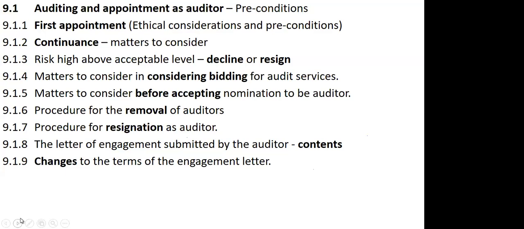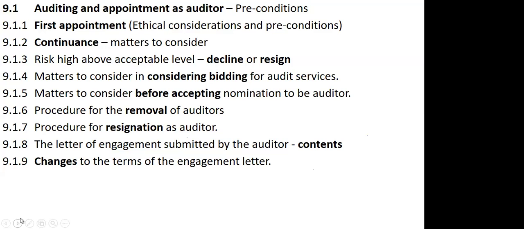Then once you decide to bid, and the client approaches you and says, we want you to be our auditors, it means they are offering you the opportunity to either accept or reject appointment. So at that stage, it is up to the auditors to accept or reject appointment. Again, they will need to consider ethical issues and whether they're actually able to do the audit before accepting appointment. Exam questions will be very clear, categorical on what you are required to explain, whether it is at the stage of bidding or at the stage of accepting nomination. What matters should you